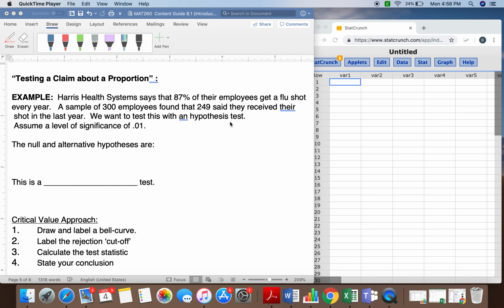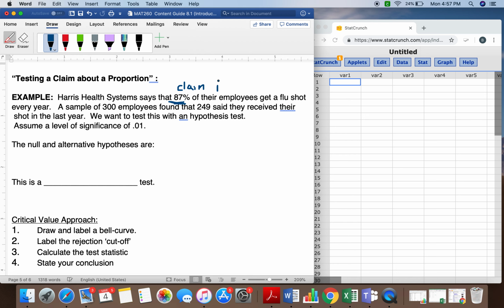In this video, we are going to do hypothesis testing with proportions. So here we have the example that we had before about our health systems, and they claim that 87% of their employees got a flu shot. So this is the claim of